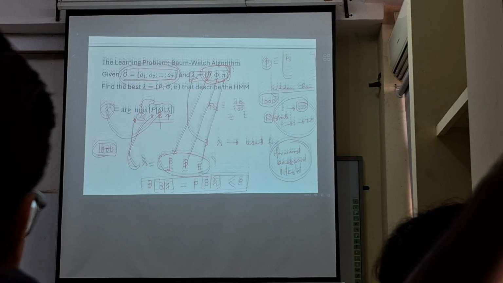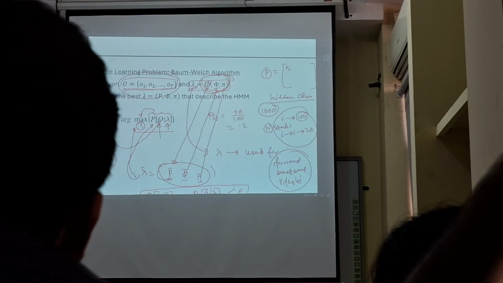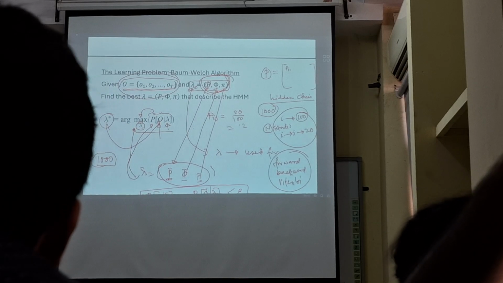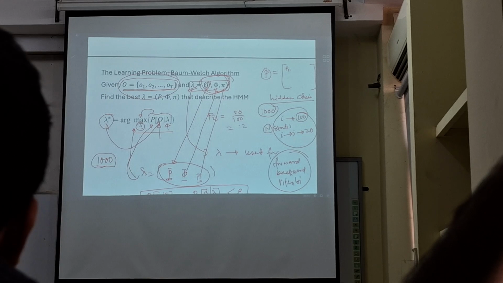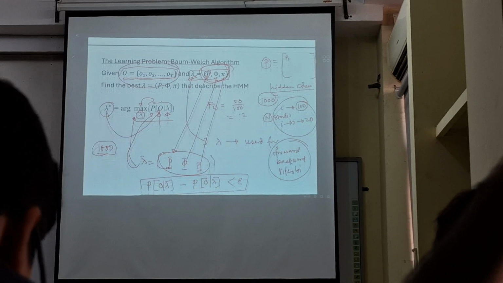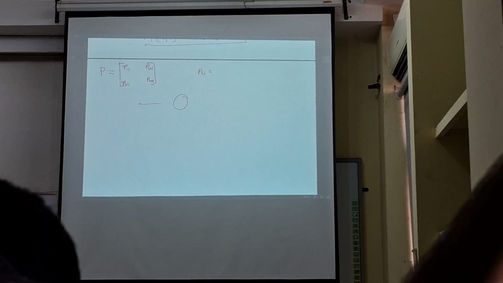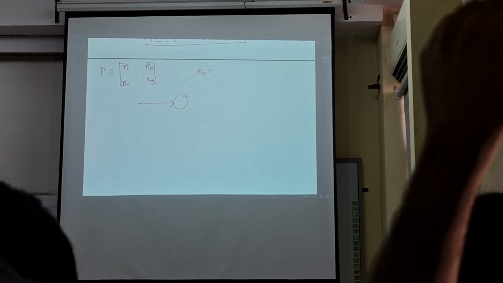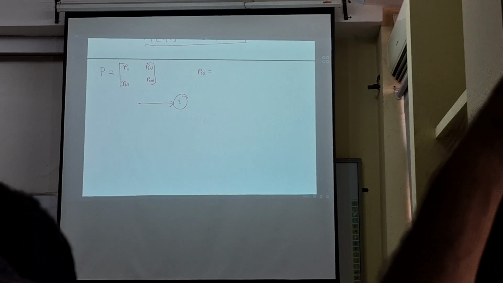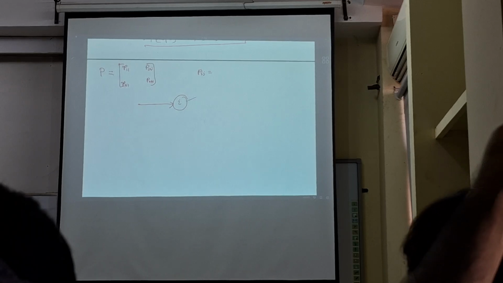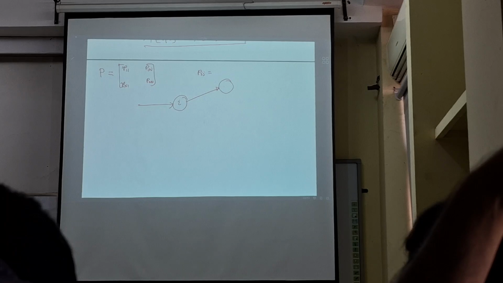We already talked about this, right? We need to know how many transitions occur in the system where we actually end up in state I. That means if this is state I, how many times do we visit state I? And among those visits, how many times do we have a transition from I to